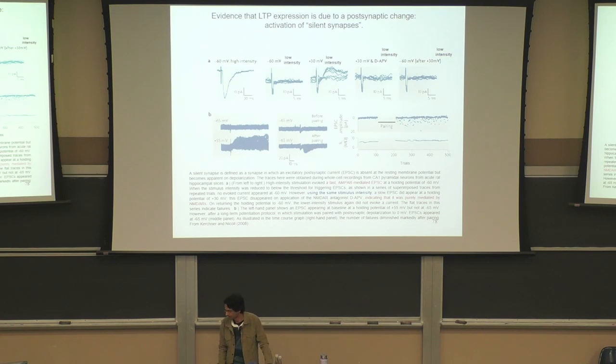Just a nomenclature question. The pairing would be like they just paired different inputs, and that's the way that they got LTP, right? Yes. Yeah, so it was normal. You pair activation of the input and the output, but the output has to be depolarized, otherwise the NMDA current wouldn't appear to begin with. And then if you return to the minus 60 resting potential, now AMPA receptors have been inserted, and this is now a loud, noisy, unsilenced synapse.